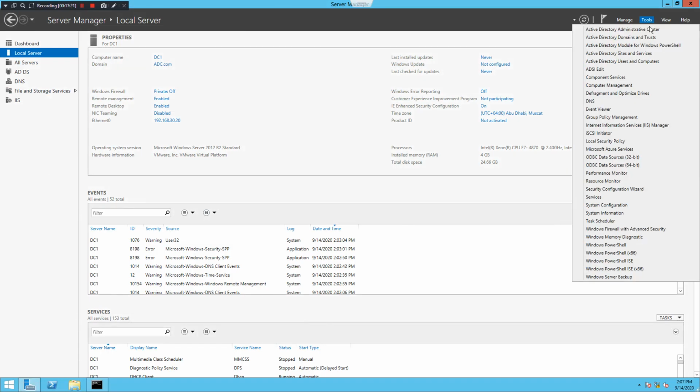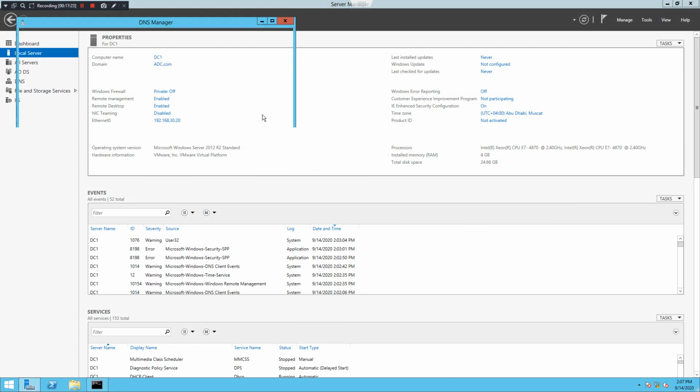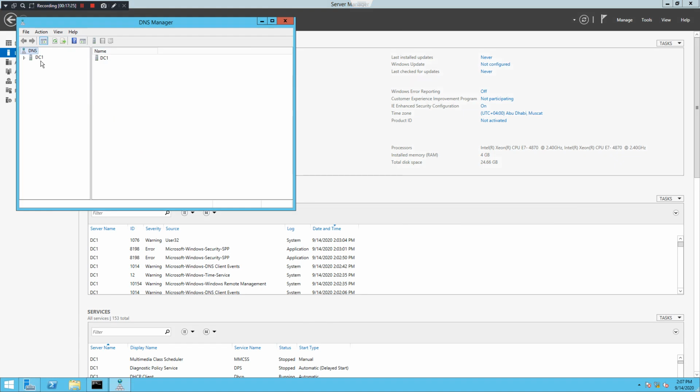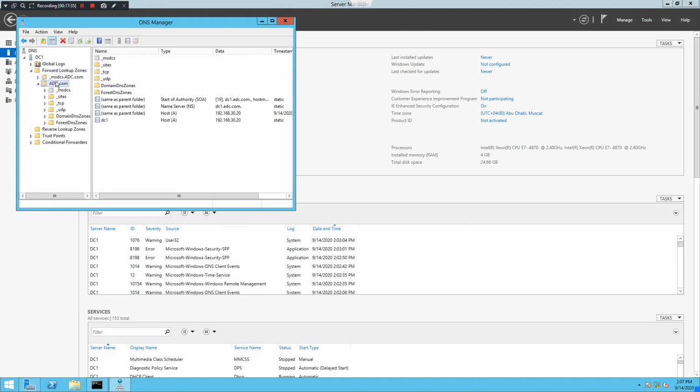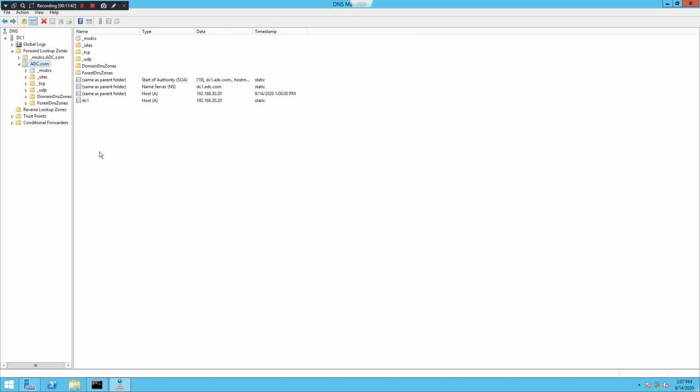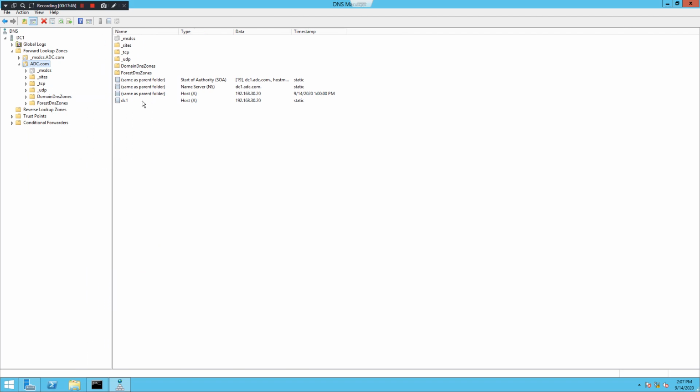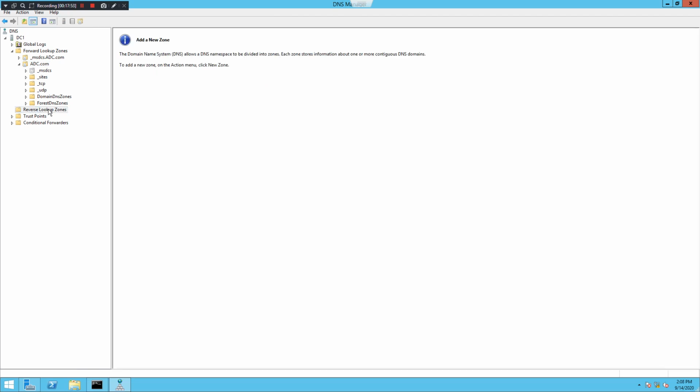So what we have to do, I will show you the DNS configuration actually. If we go to the tools and if we go to DNS, let's go from here. This is my DNS configuration. DC1 is my local machine name. Okay, and as you can see, in the forward zone, our DNS is forwarding the query, but our reverse lookup zone is not working properly. As you can see, we have a PTR record, host record for the machine. 30.20 is our local IP address, but when I click on the reverse lookup zone, there is no entry.